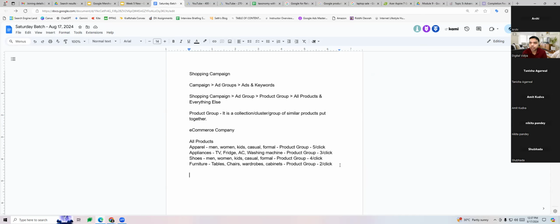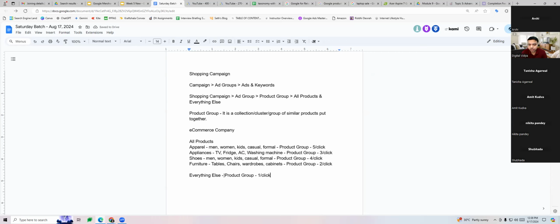I'm also selling, let's say, different types of hinges and tools needed at home. So these are all small items, which are low priced items. So they all can fall under everything else. Remember the structure? In the product group, you have all products and everything else. So can I say that this is also looking like a product group of low priced items, which I can also make, and where I advertise the rest of the products. Okay, maybe for 1 rupee per click.